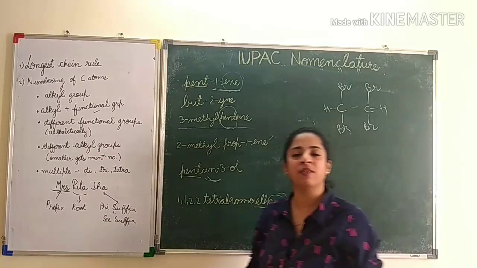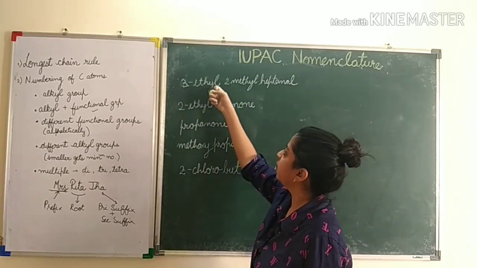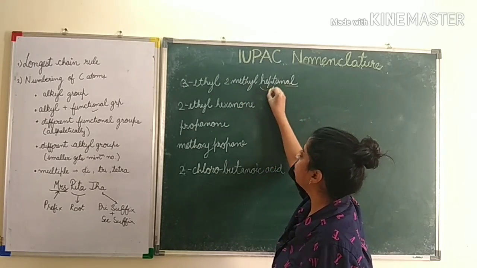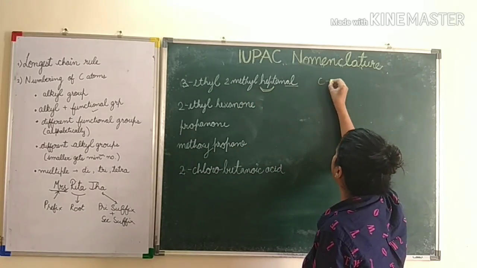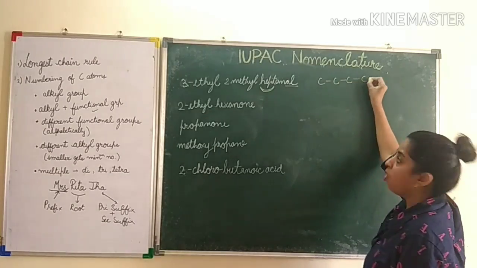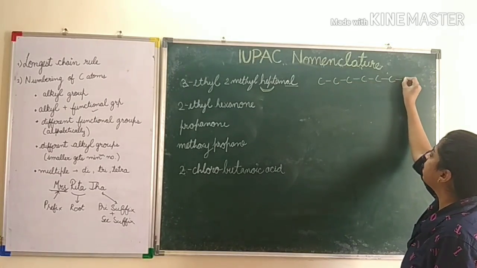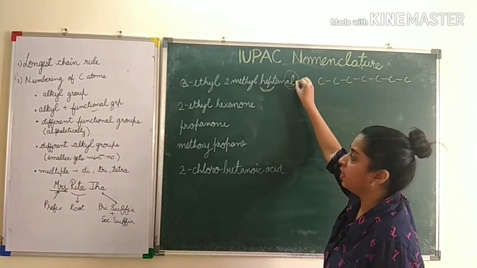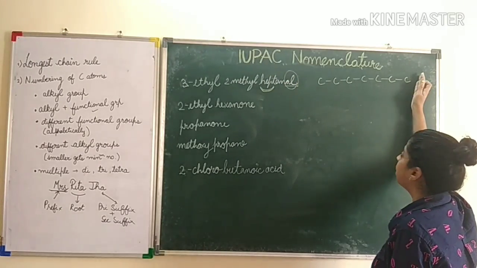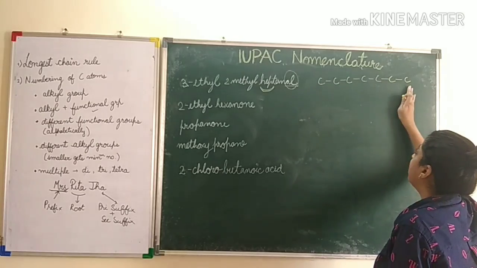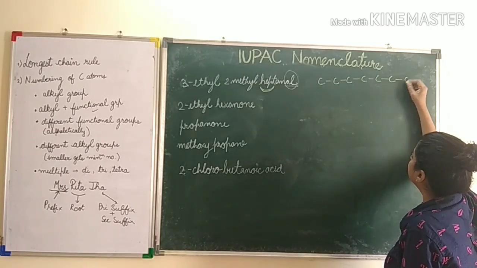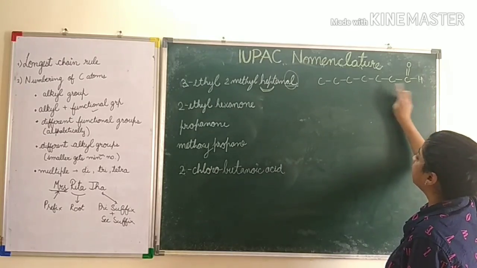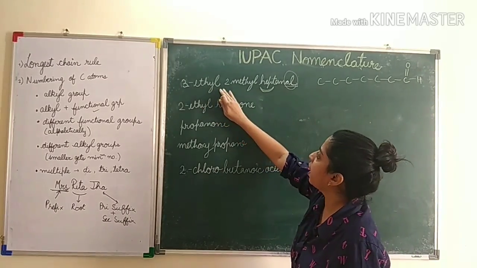Let us have a look at a few more examples. Now 3-ethyl-2-methylheptanal. Okay, so first we will see the root word hept. So 1, 2, 3, 4, 5, 6, 7. Then heptanal. "Al" means aldehyde. And aldehyde you know is always at the terminal end. तो यहाँ end या यहाँ end कहीं पे भी बना सकते हैं और इसको काउंट करते हैं. So इसी कार्बन में O and H we will add. This is heptanal.